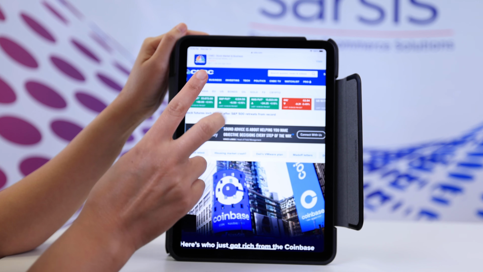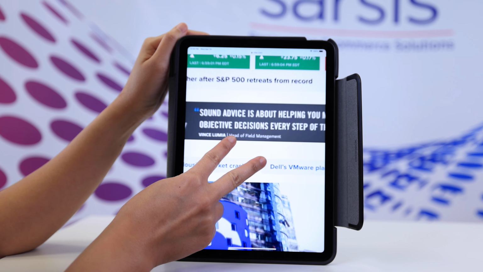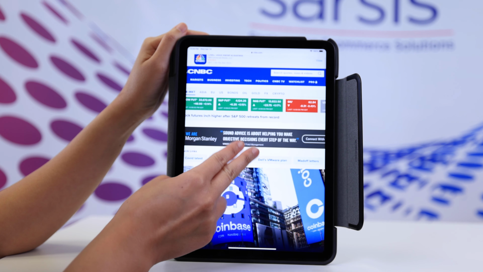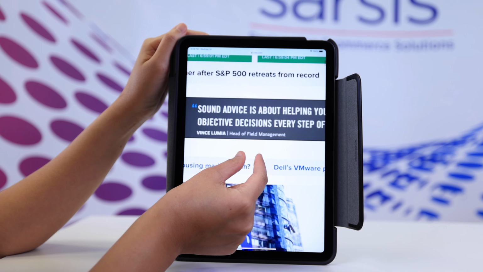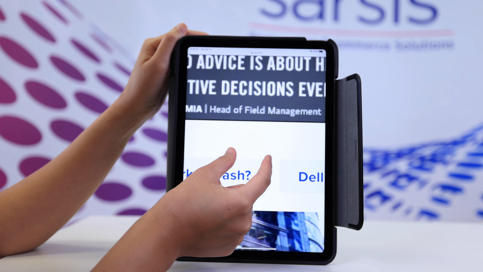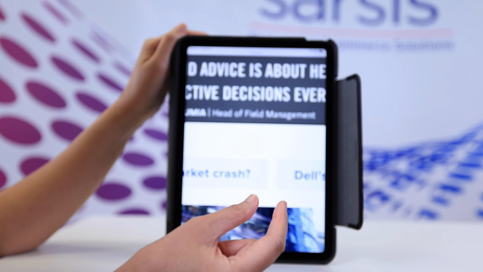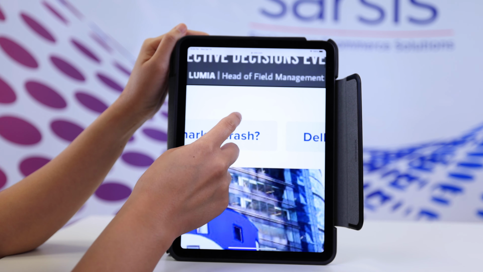Others use their index and middle finger. It's up to you to use whichever 2 fingers you are most comfortable with. Again, put 2 fingers on the screen and spread them apart to zoom in to make them larger. Once you let go after you zoom in, you can use 1 finger to move the screen around, either up,